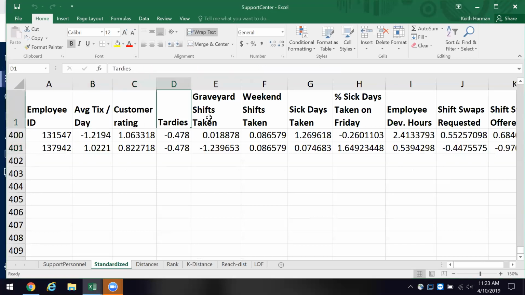That's the rating, tardies, etc. And we discussed what those measures implied for a decision maker in terms of that person being a team player, are they involved in self-development and all that stuff. So that's what's going on with the standardized.